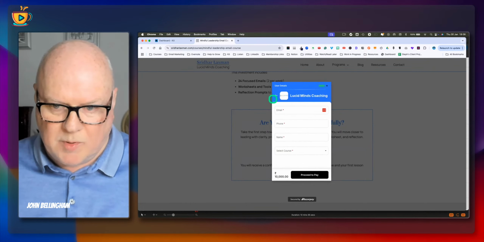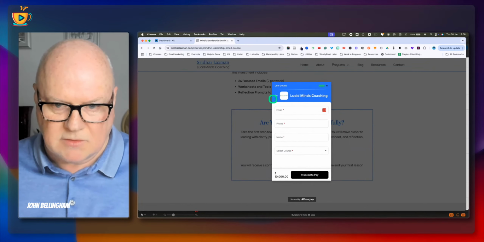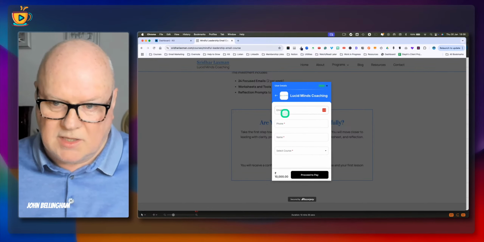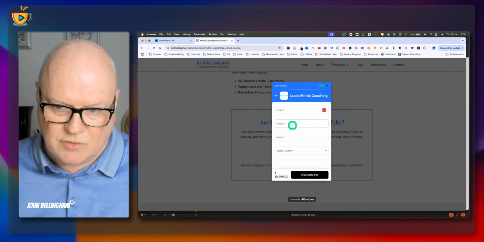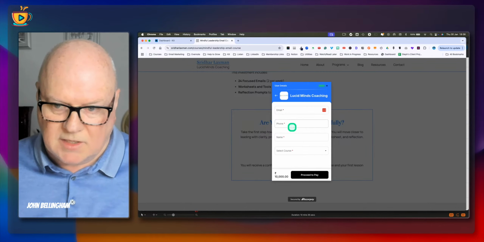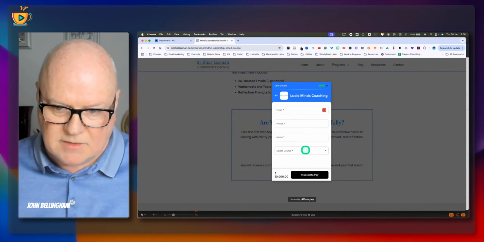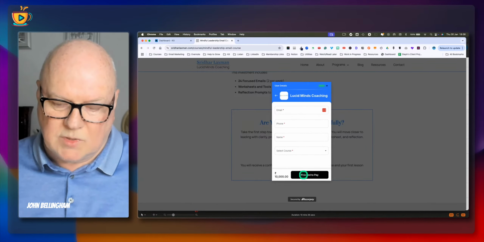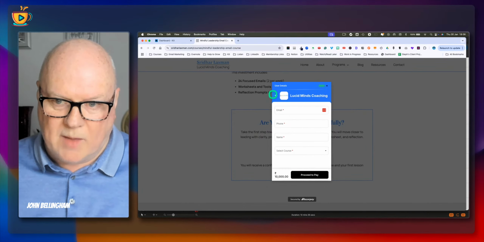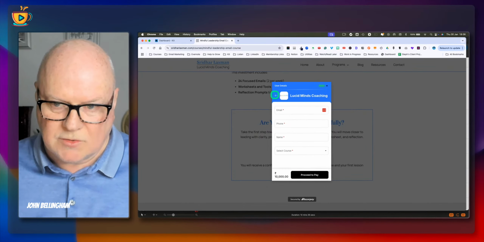I don't know if you can see that pop-up window. Sometimes Zoom doesn't see that. You see, okay, yeah. So they essentially put in their email address, the phone number. Phone number is mandatory in India for some reason. Name and the course, and then when they pay, what happens is that sends a trigger back to